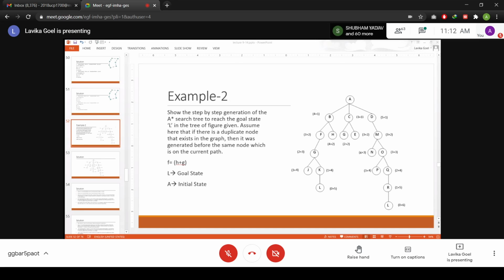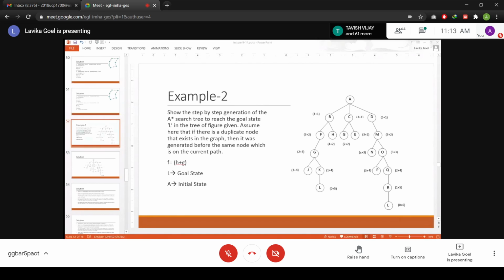So how will you find which path is better? You compare the G values of both the paths, right? So basically the G value of G from this path ACG you would find out, and the G value of G from the left hand side branch of the tree, that means A, B, F and G. That one you find out. Fine. So which path would be better? You have to compare the G values. So the G value of the path through ACG. So that G has got a G value of 2, right? So the G value of G via ACG is 2.